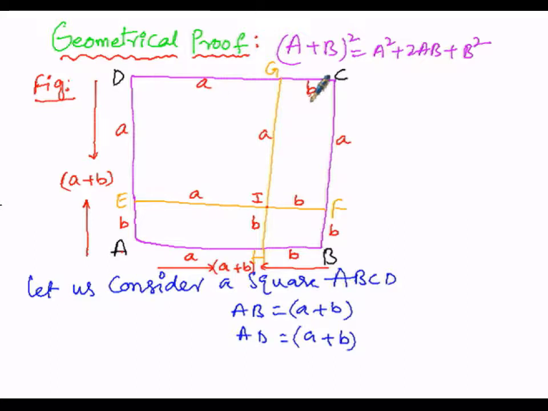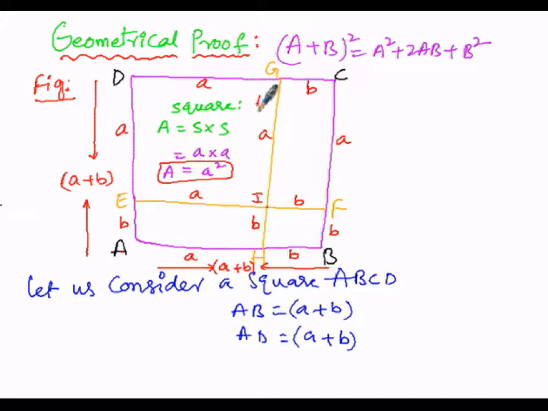Then now, in the figure EIGD, all the sides are equal in measure, that is ED length is A and the adjacent side is also A, that means all the sides are equal in this figure. So this figure is nothing but a square. Since it is a square, the area of the square is side into side, that is A into A, which gives us A square as the area of the first figure.